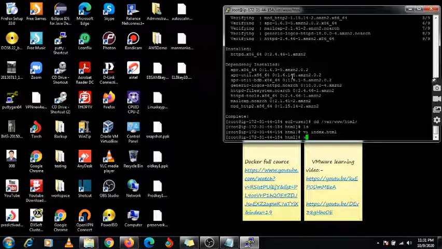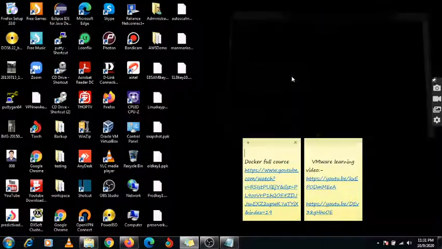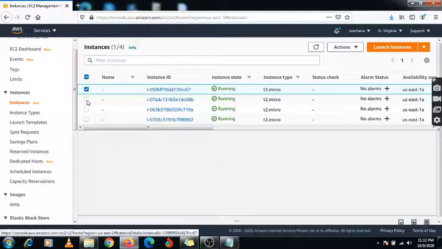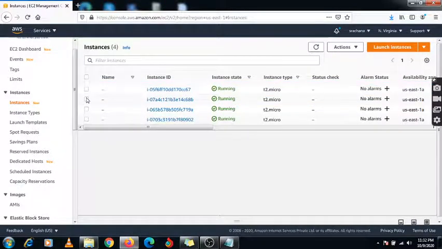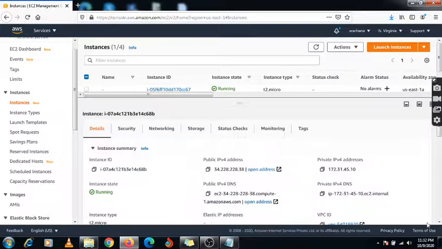I am going to exit from this server. One server I have created. Now check another server. First we will add these two servers in the Elastic Load Balancer, and then we will add the other two servers.